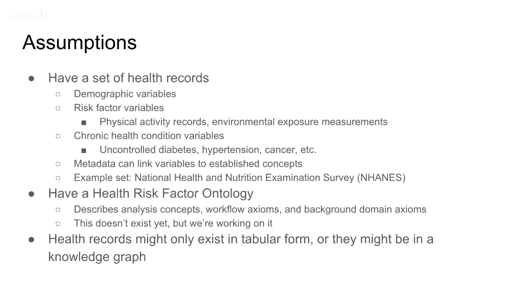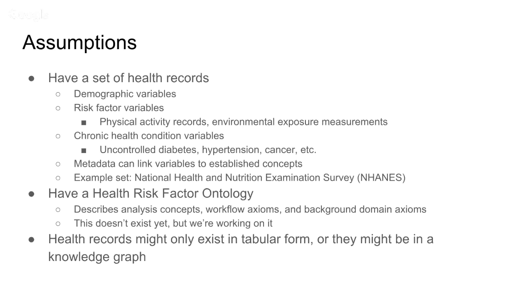And these health records will include demographic variables. So records being a set of rows, each row corresponding to something, and then this row has this person's attributes. So the records will include things like their demographic variables. So what is their ethnicity? How old are they? Things like that.